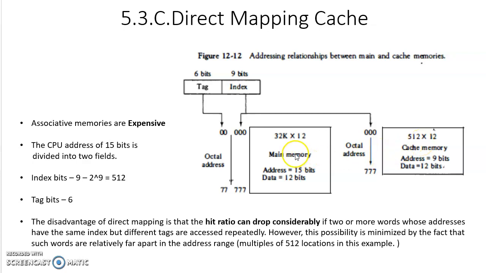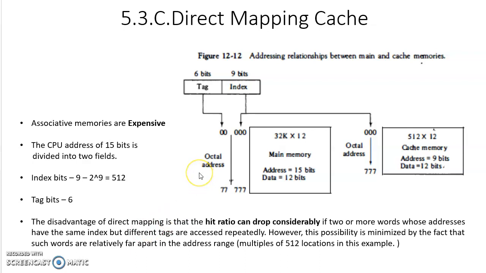So we can bring any one line of that page and put it here. Now if you want to put the first line of the first page and the second line of the second page, you can put them here. We put the first line of the first page in the first line here, and the second line of the second page here. Now how do we distinguish between the first page and the second page? That is represented by these tag bits. So how many pages are there in total? 2 to the power of 6, 64 pages. That is how the number of address bits stored along with the data bits is reduced.